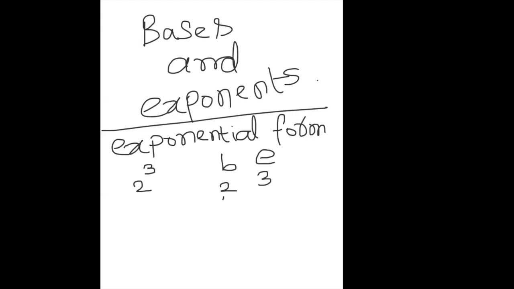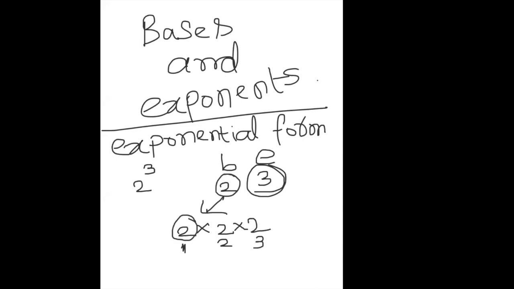Okay, I'm just taking the base here. 2, base is 2. I have to multiply the base with itself. How many times? 3 times. This is 1, this is 2, this is 3. So how many times am I multiplying the base? 3 times. What number am I multiplying? Base, 2. So what is 2 multiplied by 2? 4 multiplied by 2. What is 4 multiplied by 2? The total value becomes 8. Okay, that is how you will find the value of any number in exponential form.